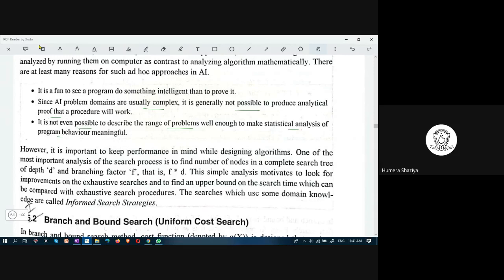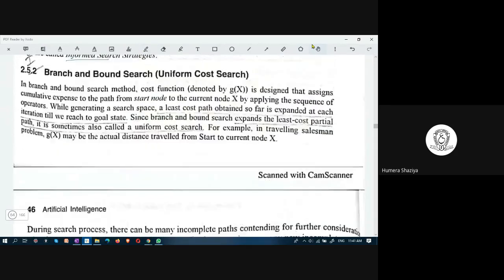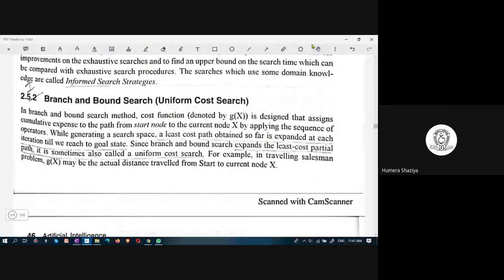Suppose you are traveling more in Hyderabad, you have to have knowledge of that domain, that place. And these are known as informed search strategies. Heuristic search strategies are known as informed search strategies. The first one is branch and bound. Branch and bound is also known as uniform cost search.